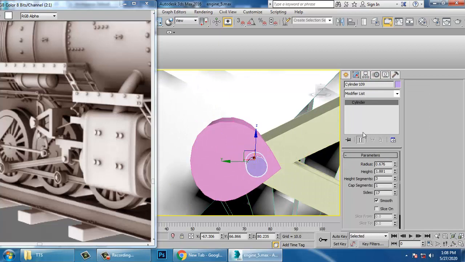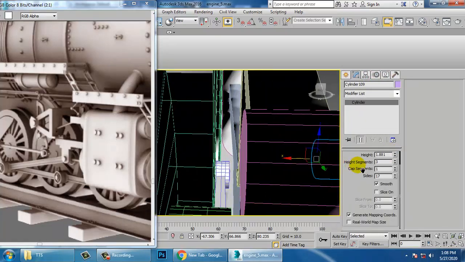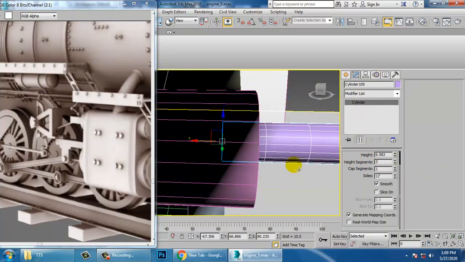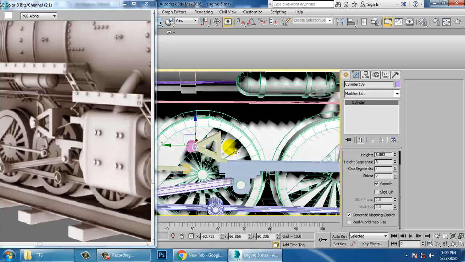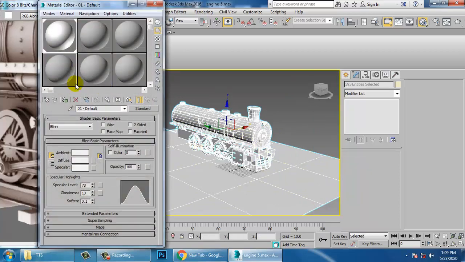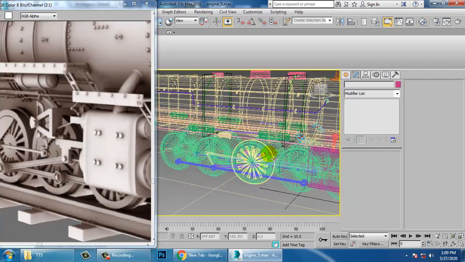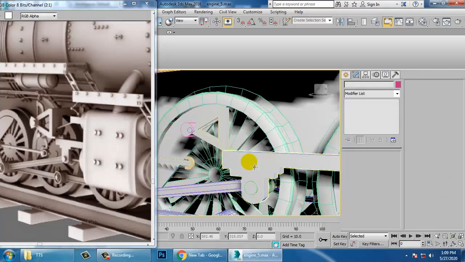Just increase its radius and increase its height and reduce its size. Better. Select this whole details again, go into material and assign a plain material to it. So you can see these proper details over here.